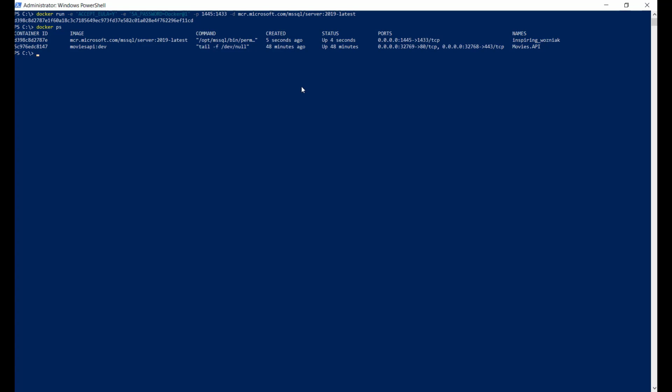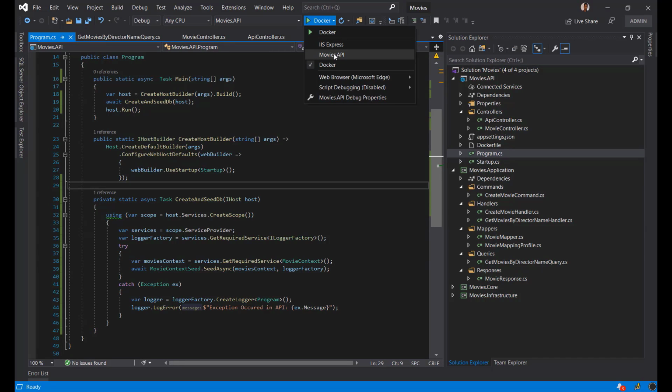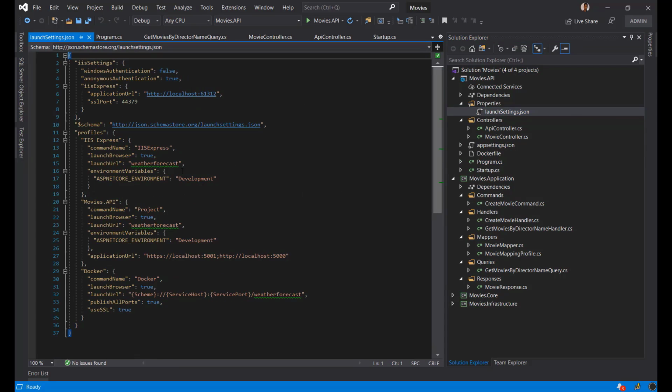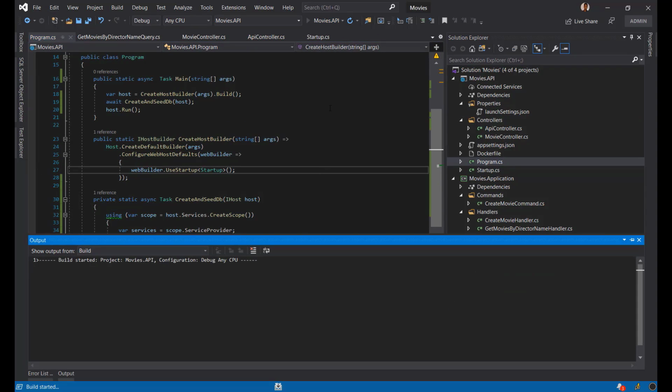It is also saying that there is a dev version of my API running, so I don't need that right now. What I can do here is just get rid of that, forcibly. Now let's go ahead and try to run this. Let's switch that context to movies.api. I also like to shift to this startup setting and say that Swagger is going to be my default, and let me replace everywhere, because I'm not going to use weather forecast. I'll get rid of that. And now when I click on this play button,